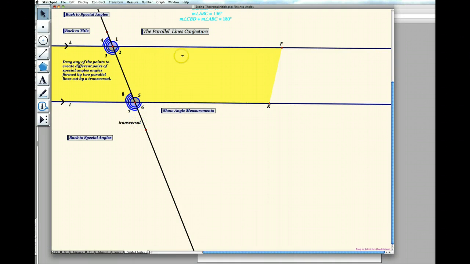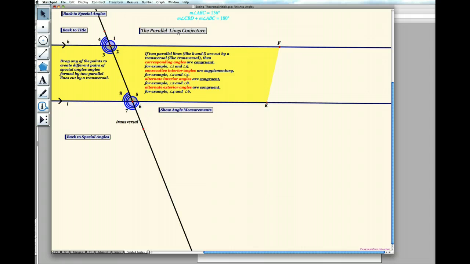Okay, here's the finished conjecture. Notice that I've used some of the marker tools to be able to designate what matches with what and how. Right, so I used some examples. For example, consecutive interior angles, angle 2 and angle 5. And I'm using the hot text feature in version 5 so that when you roll over that,